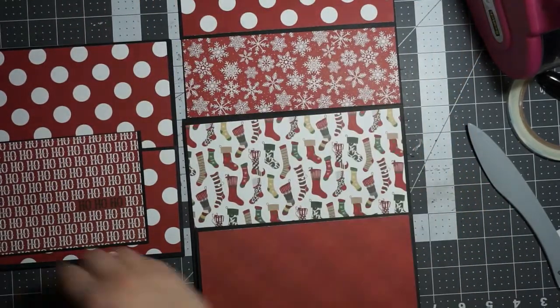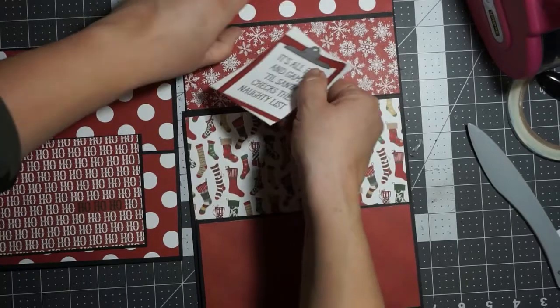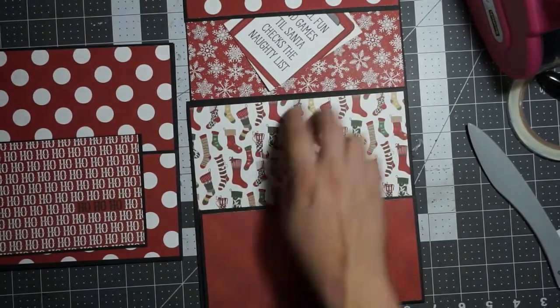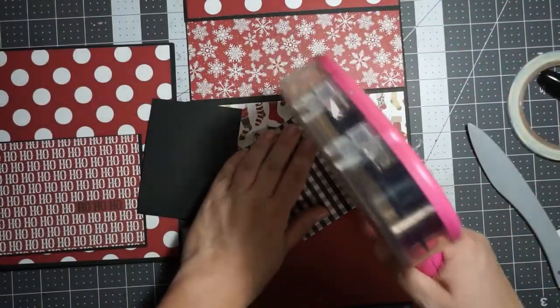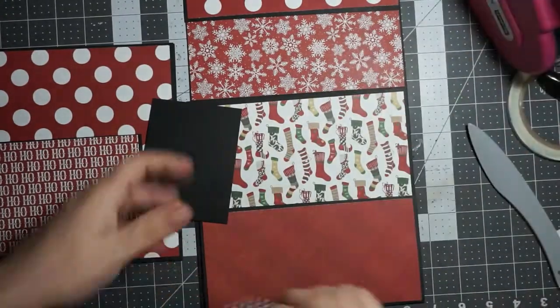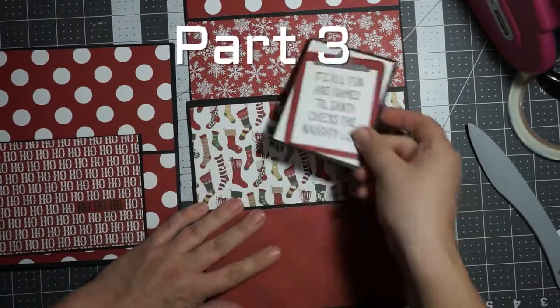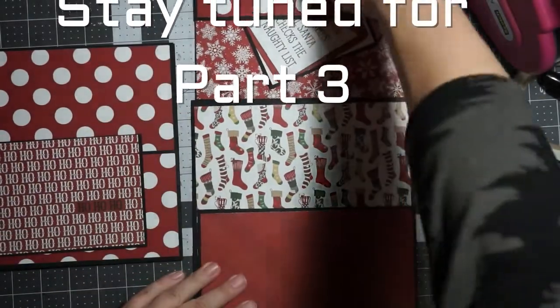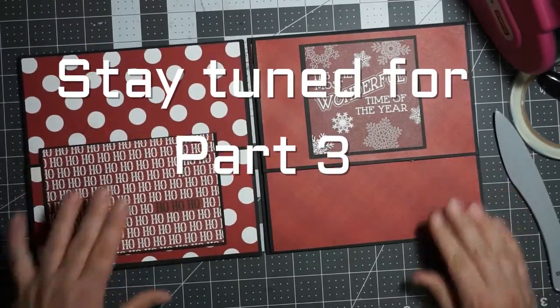There we go. And then I got a tuck right here. He's not tucking. There we go. Like that. Let's go ahead and mat it. 3 1/4 by 4 1/4. Alrighty. There is the page 2. Just like that. Alright,